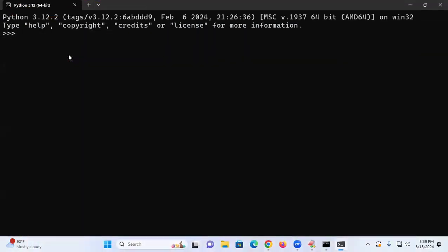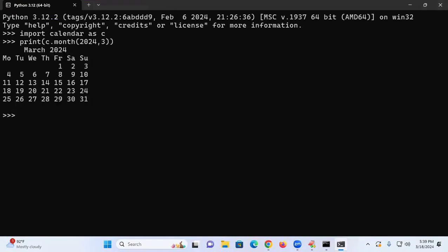Already done one day. What is my concept? Import. I already said in the beginning, 1 or 2 classes, last class I said, I want to generate a fun example. I said import calendar as c, print of what? c dot month of 2024. Don't worry about what is the code I am writing. You will get the 2024 calendar coming.